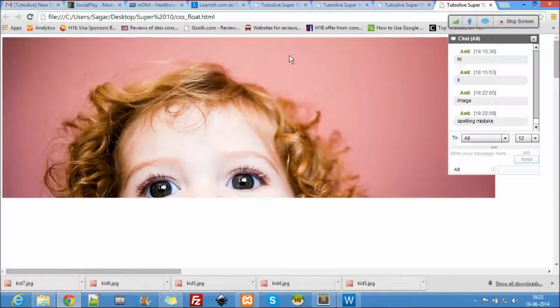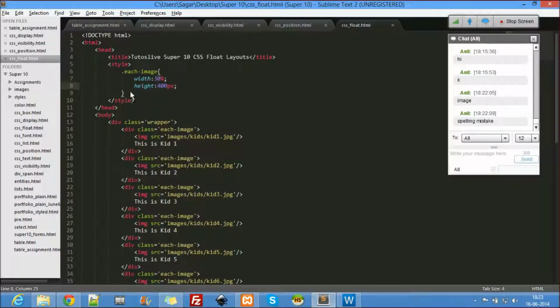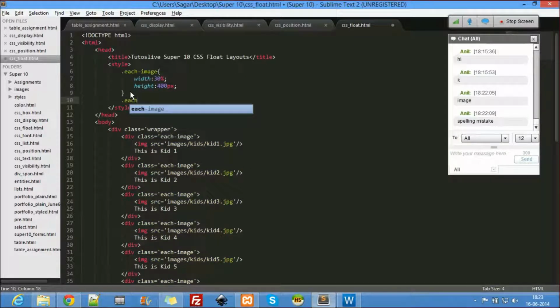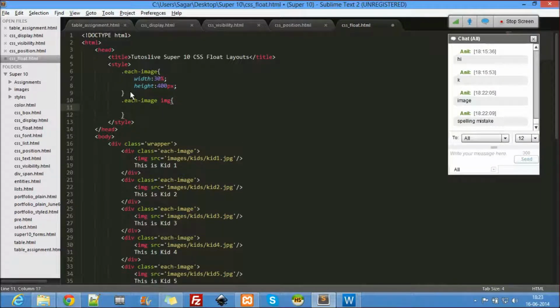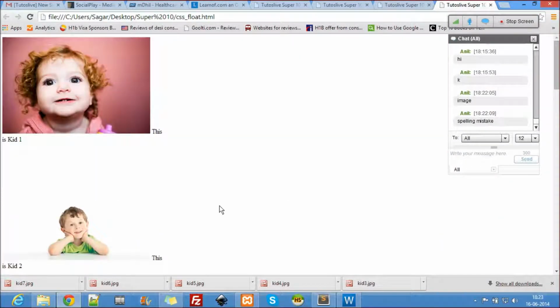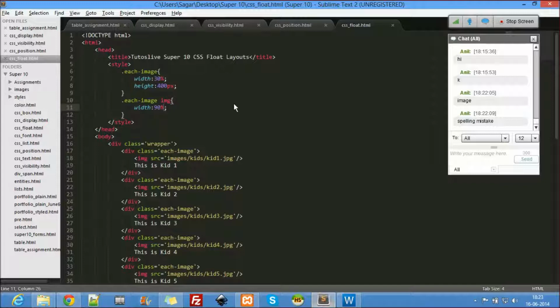So let's see now. Still nothing happened over there because of the each image selector. Does anyone know what this notation is?